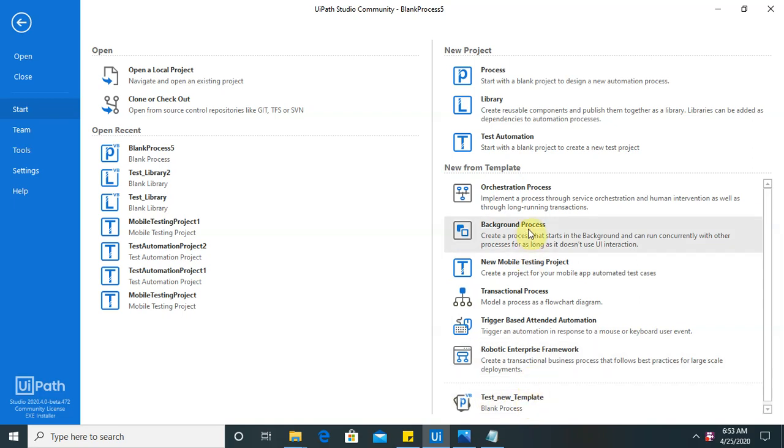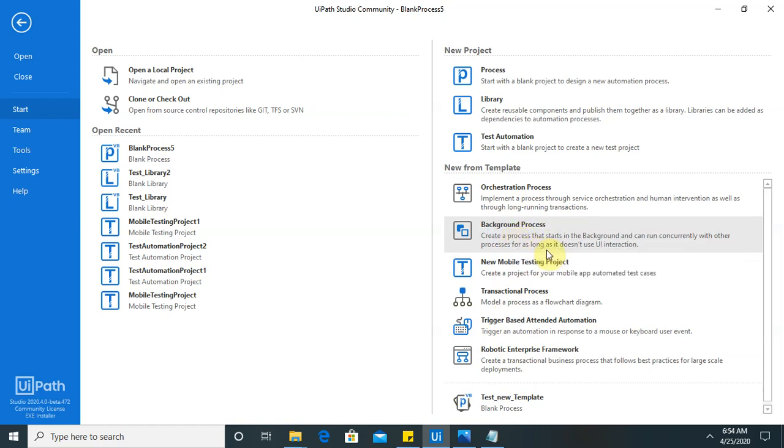So if you want to add these templates and use them in the future, you can do that. I will show you how to add the template and the advantages or uses of these templates. Just like you can see here, different options are available like a robotic enterprise framework and orchestration process.